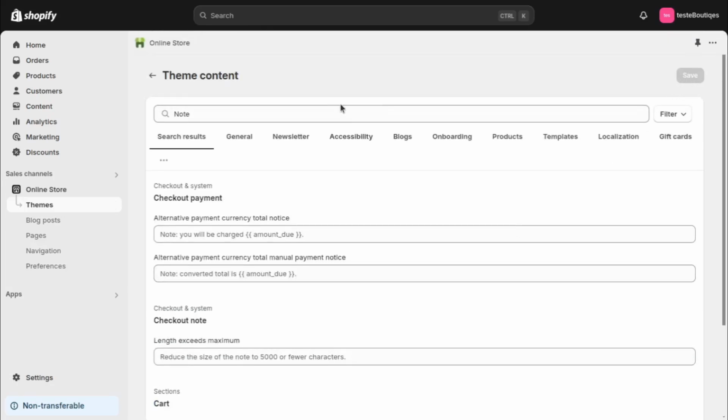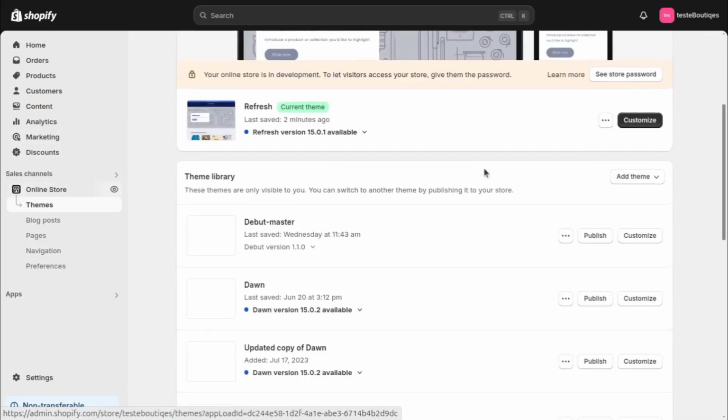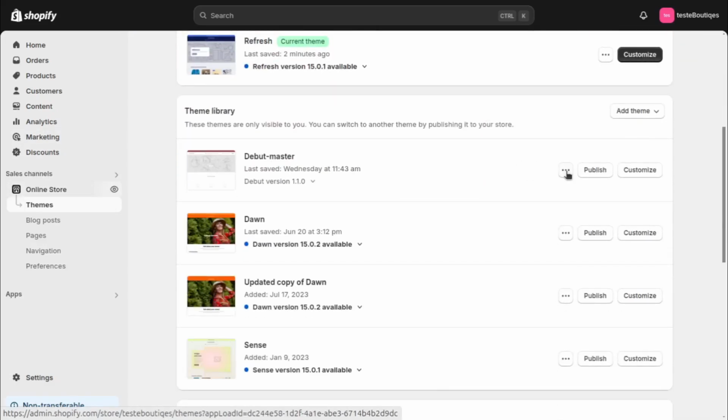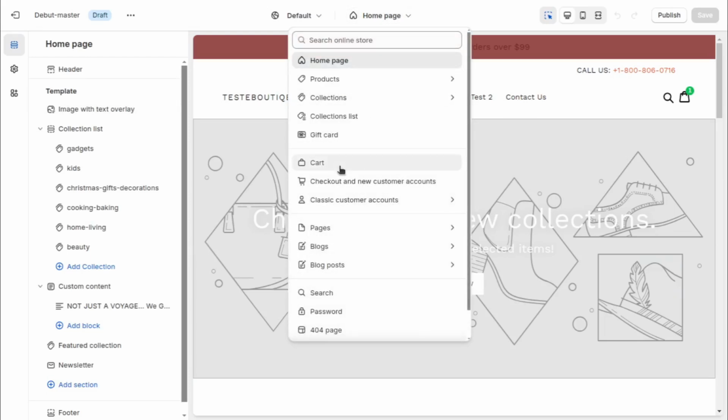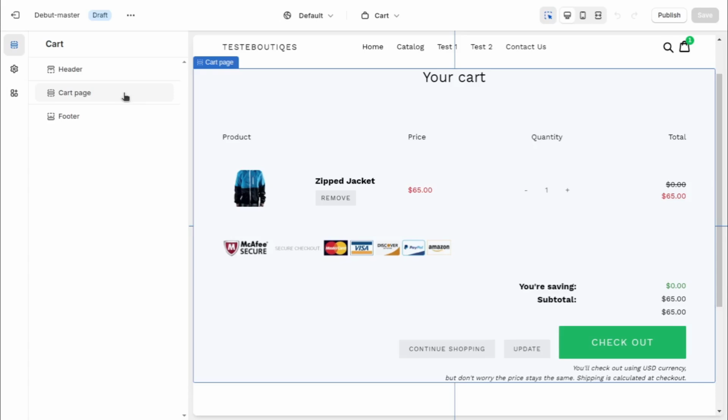And now I am also going to show you the second way of how you can easily add another cart note. It's a little bit different, it's with another theme. If this first way wasn't helpful, so I am going to click again on Online Store. I will choose my theme. I will click on Customize again. Up here, I will click on this drop-down menu. I'm going to click on Cart, and as you can see, this theme is a little bit different from the other one. So if I click on Cart Page,